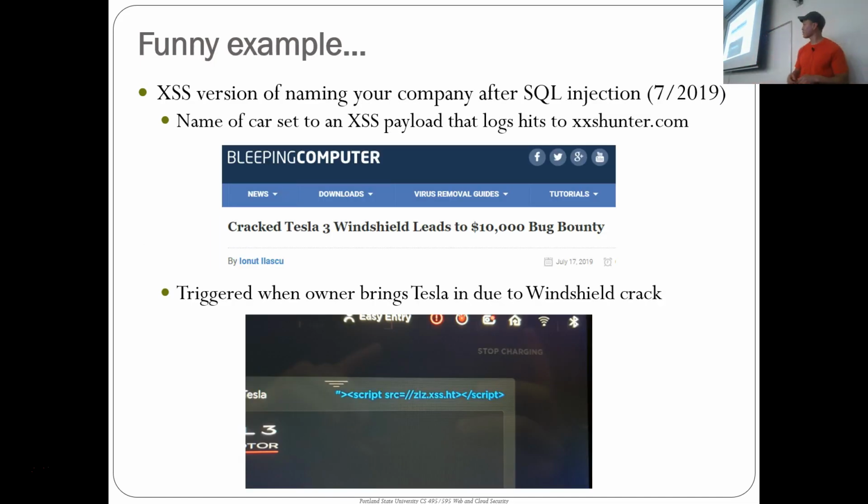And then finally, there's a funny example. This is one of the funniest cross-site scripting examples that I've come across. This happened over the summer. And this is similar to naming your company a SQL injection. You remember that, where it's like drop companies table? This guy named his Tesla a well-known cross-site scripting payload, and then didn't think anything of it until his Tesla had a crack in the windshield, brought it in for service to get it replaced, and then because this payload used XSS Hunter